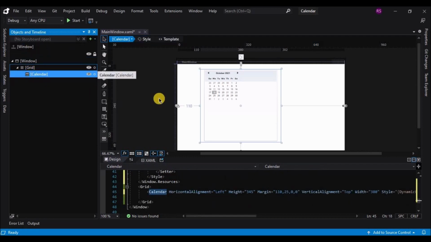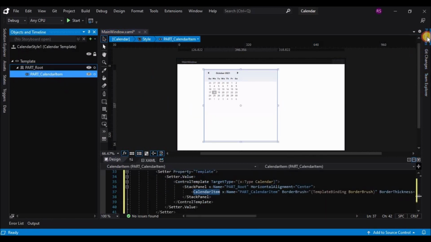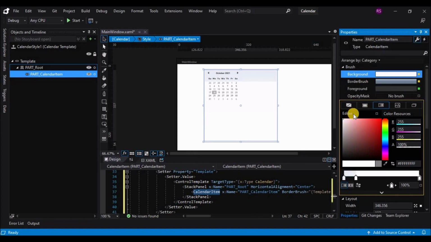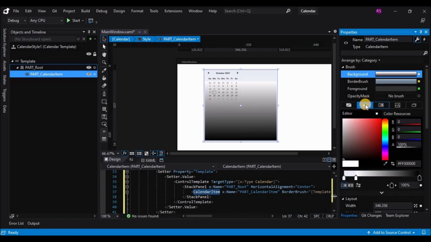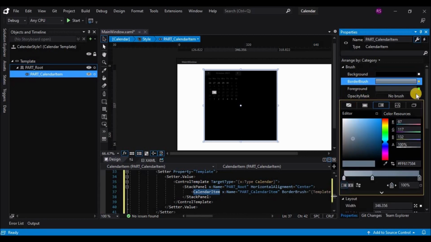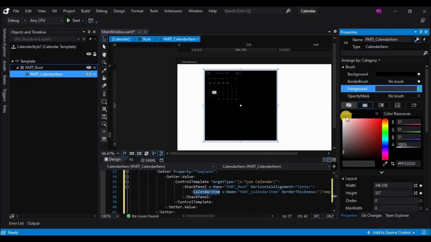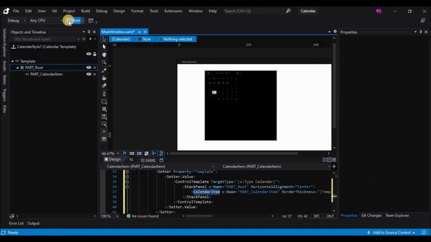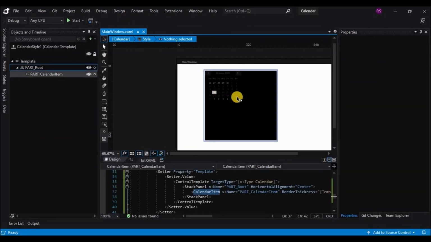Okay, so that's done. We'll also change the background, so let's edit the current template again, and let's go to the background. You will see that you are not able to change the property because it is bound to a property in the code behind, so we'll have to reset it and then change the color. So here also you'll have to convert it to a local value and then remove the border brush. And for the foreground also let's do the same thing. We'll have to convert it to a local value and then change the color. We'll see that some of the changes have not reflected, and that we will take care of by changing the values in